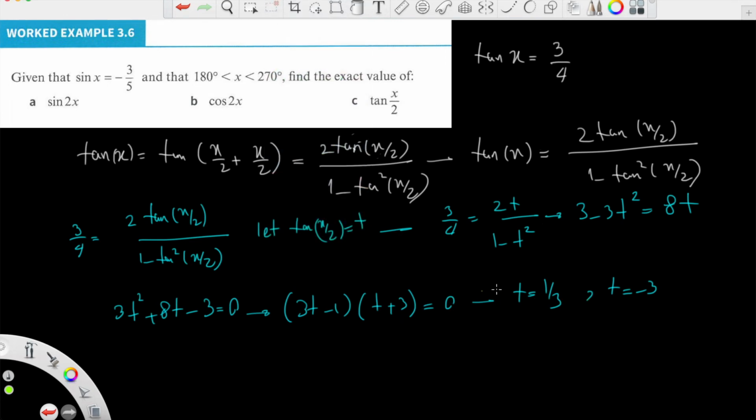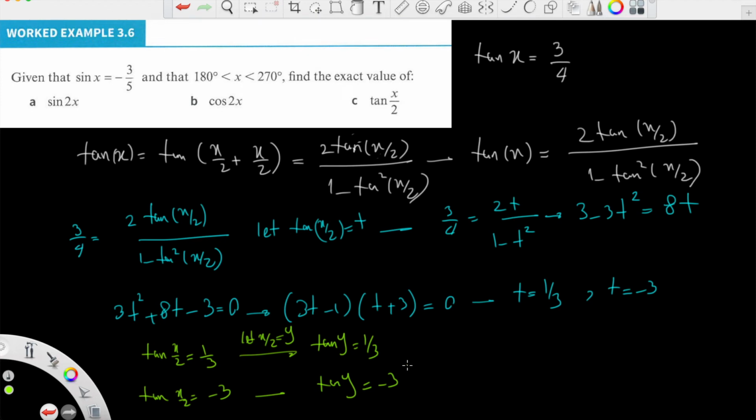Here I replace t again, t is tan of x over 2. So tan of x over 2 will be 1 over 3 and tan of x over 2 is equal to negative 3. Now again I use substitution. Let x over 2 be, for example, y. Tan of y is equal to 1 over 3, then tan of y is equal to negative 3. Then we take tan inverse, so y will be tan inverse of 1 over 3 and y will be tan inverse of